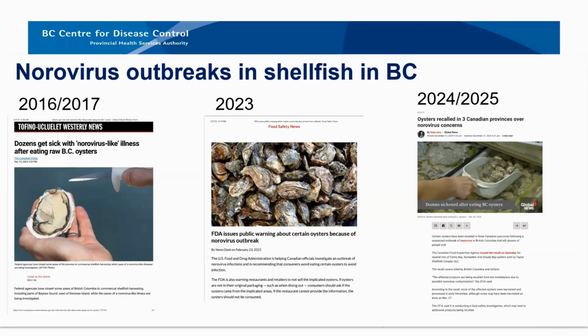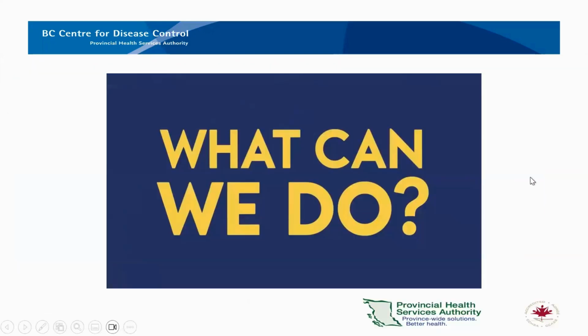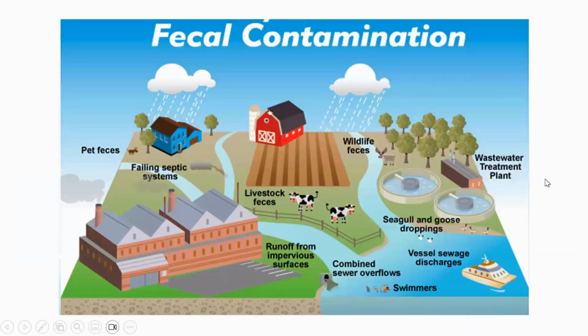I think that one of the things we need to understand from a research perspective is, what are the risk factors that are associated with norovirus contamination of oysters? If we go to the next slide, this is the question of what can we do about this. As I mentioned before, when you see a norovirus-contaminated oyster, it has come in contact with human waste. And what are some of these human waste sources? If you just put the arrow forward one, Mayank,